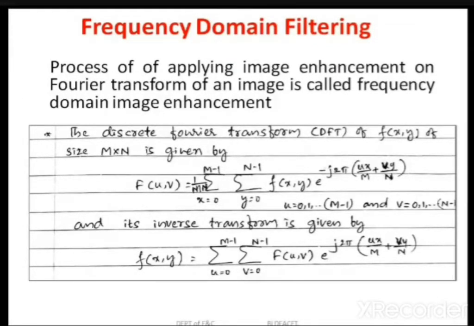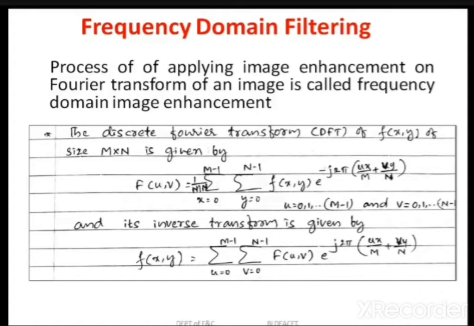In the previous classes, we discussed spatial domain filtering. There, we have seen how to carry out the smoothing operations and sharpening operations. Just try to recall, in case of spatial domain, we use averaging and order statistic filters for smoothing purpose. However, we have used the gradient and Laplacian operators for the purpose of sharpening. But similarly, in case of frequency domain, we use a different set of techniques.